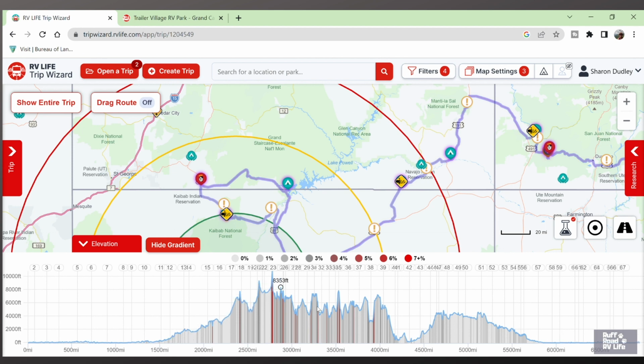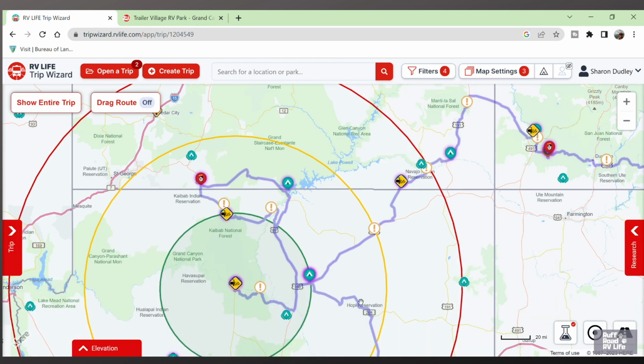This is important if you have a Sleep Number bed, because if you're going up in elevation, I just go ahead and deflate it so that we don't run the risk of damaging the mattress. We did use this, so like, okay, we're here at 4,528 feet, and we're going to 7,000 feet, so we need to deflate. All right, so that's elevation, and that is a look at a trip